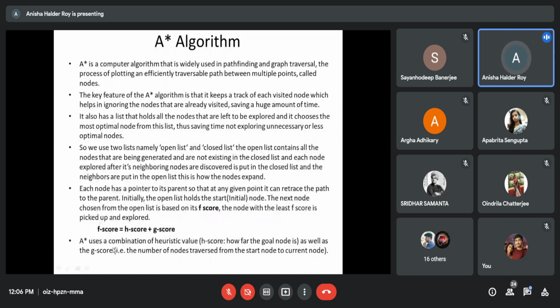A-star uses a combination of heuristic value, H score, how far the goal node is, ঠিক যেভাবে আমরা ক্যালকুলেট করেছিলাম the heuristic in the hill climbing, this is the H score, as well as the G score. G score is the number of node traversed from the start node to the current node. That means for the 8 puzzle problem, how many movement is there from the start node to the current state.